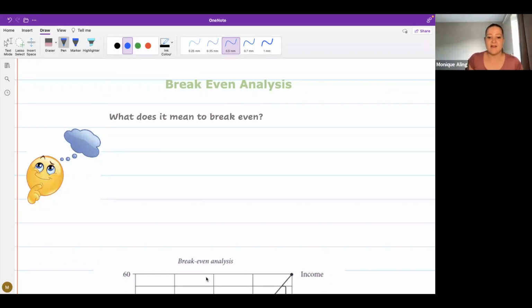When you do not have a loss, yeah, I see your joke there. When you do not have a loss or income, when costs and income are equal, no profit, no loss. Perfect. All of those are great